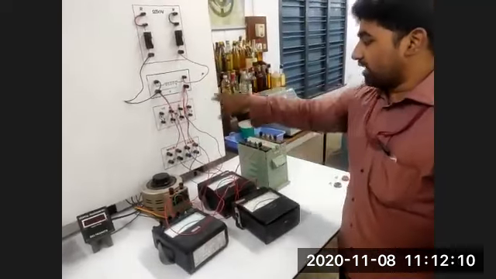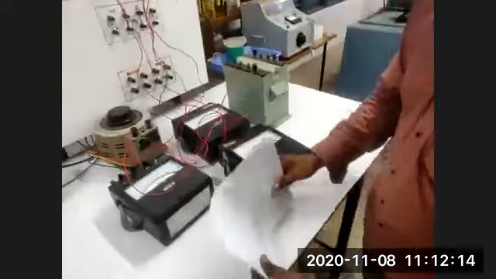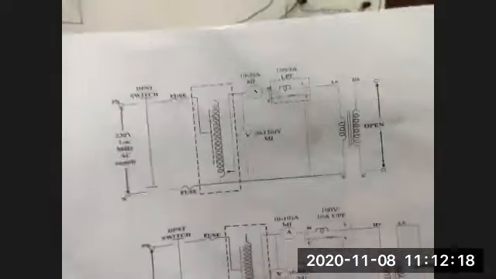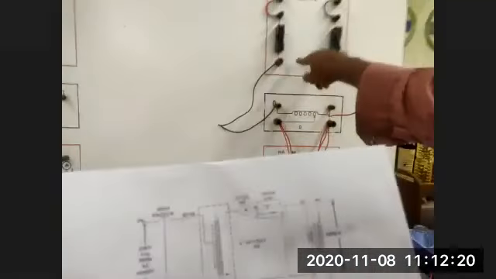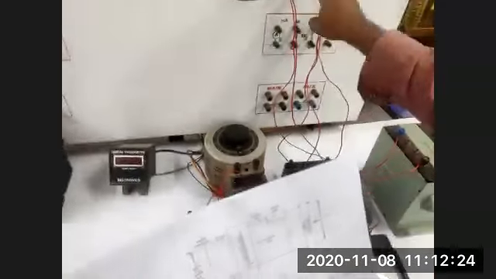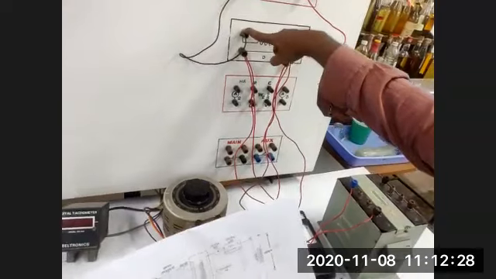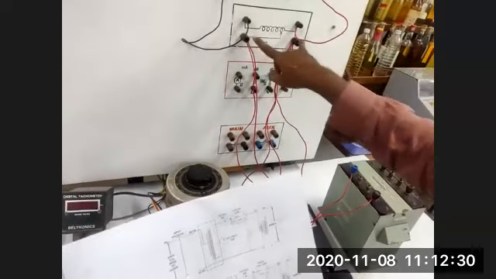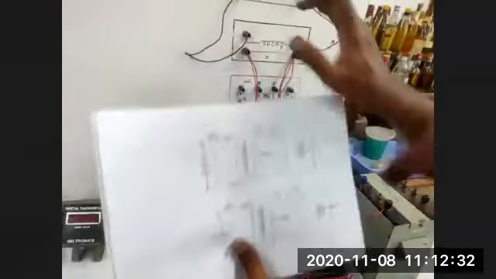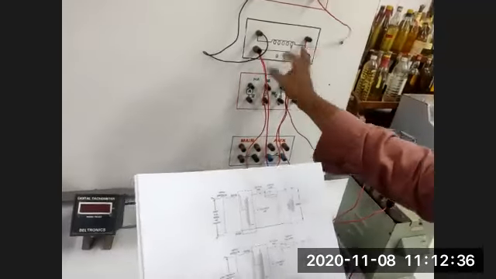I have to connect the circuit as per the circuit diagram. Here, phase and neutral, we are getting a 230 volt supply. Next, this is the auto transformer. These are the supply side terminals and these are the variable side terminals. The supply side terminals are already connected, phase to phase and neutral to neutral, and this is the variable end.